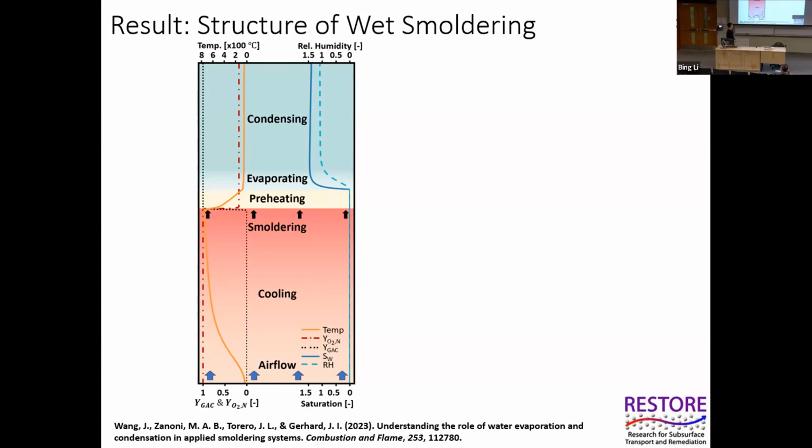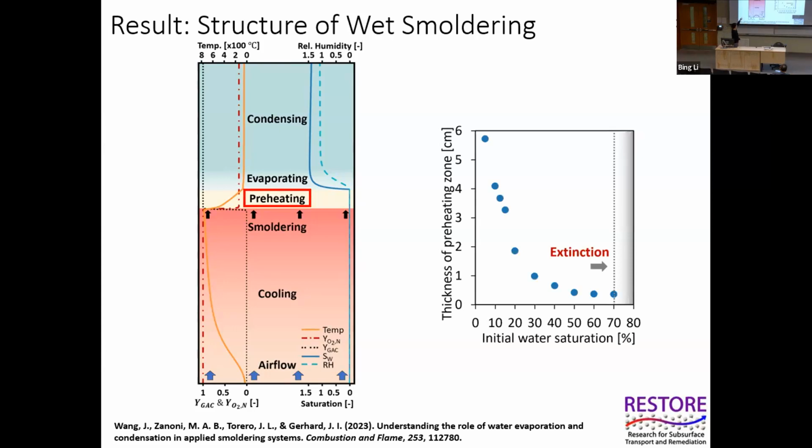So our key question is whether this smoldering reaction is strong enough to remove all the water and destroy the contaminants in the upper regions. Actually, that answer closely relates to a key area between these two regions, namely the preheating zone. The preheating zone is in front of the smoldering front, but behind the wet region. Basically, the preheating zone serves as an important dry buffer, protecting the smoldering from water quenching. If we don't have that preheating zone, water will directly attack the smoldering and cause extinction.